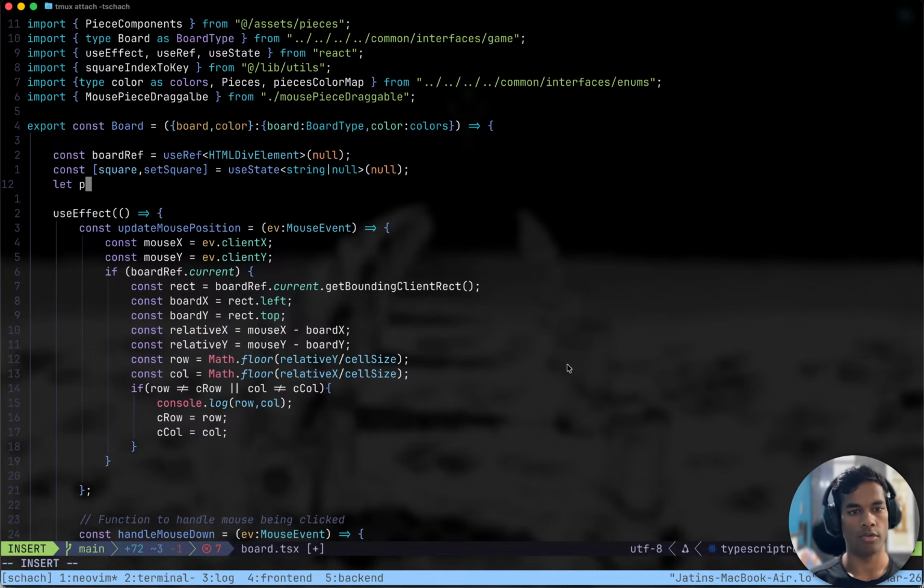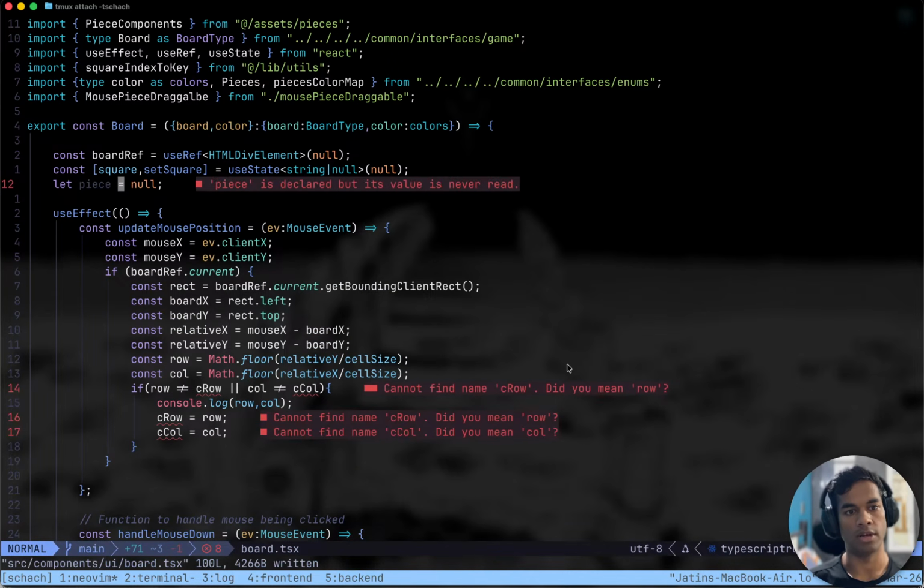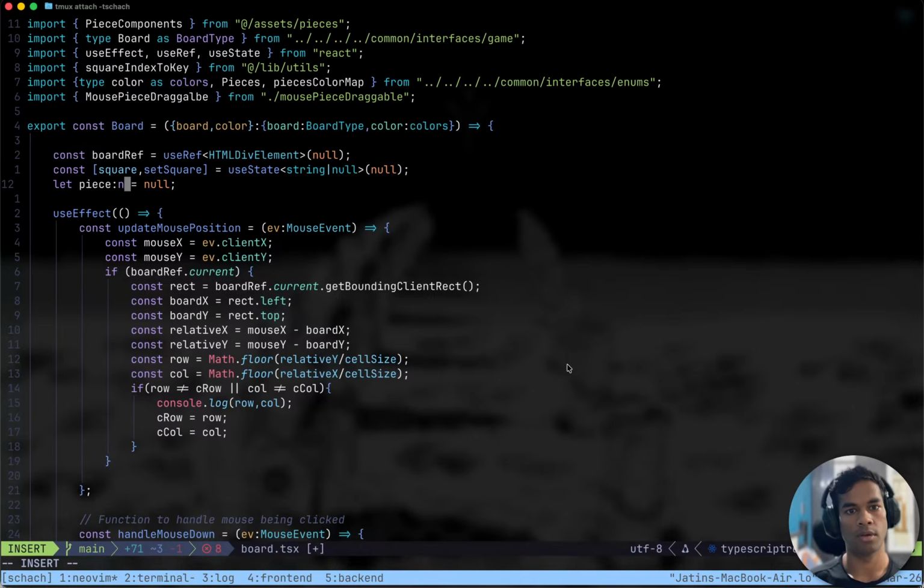Here, const piece equals null. Initially, the type of this piece is going to be either null or the piece.